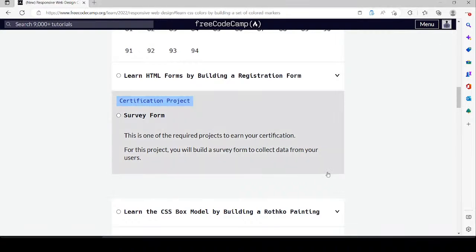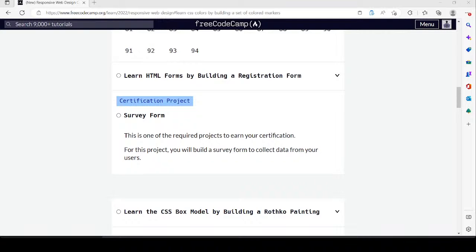One moment. Gotta check if there's anything in chat. Yeah, so